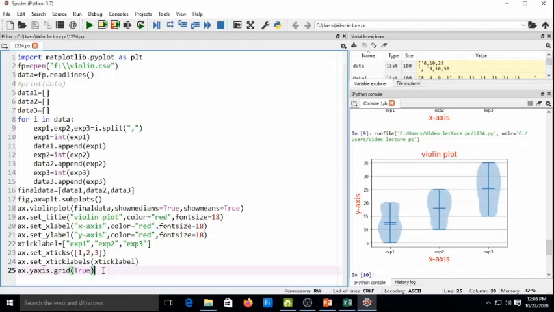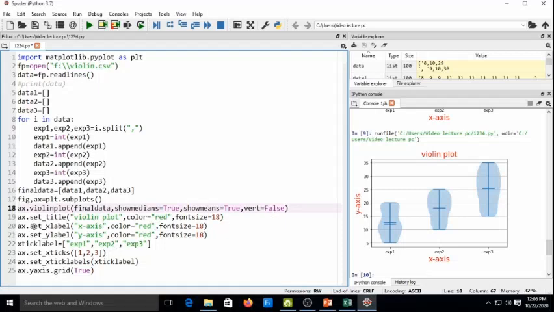I already told you can generate violin plot horizontally and vertically both. This is a vertical violin plot. To convert this vertical violin plot into a horizontal violin plot, you have to pass one parameter in the violin plot function, that is vert equals to False. So, if vert equals to True, it is a vertical violin plot, and if vert equals to False, it is a horizontal violin plot.